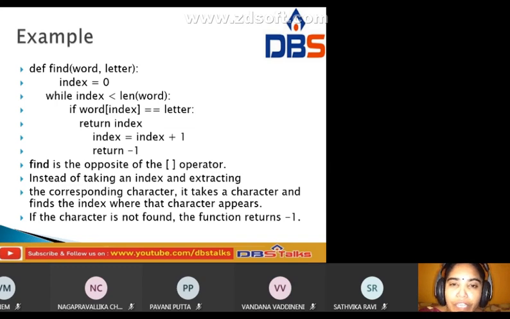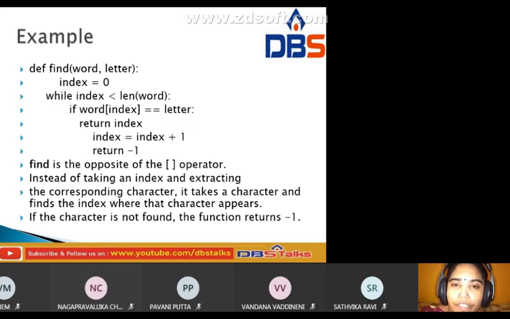Here index equals 0, while index is less than length of word. For example, I take mango, which has length 5. Index 0 is less than 5, so the condition is true.